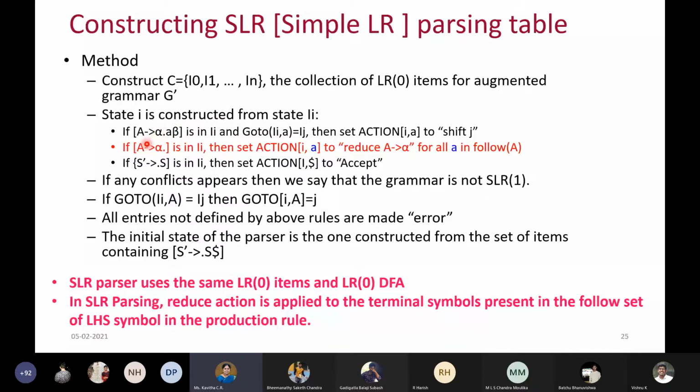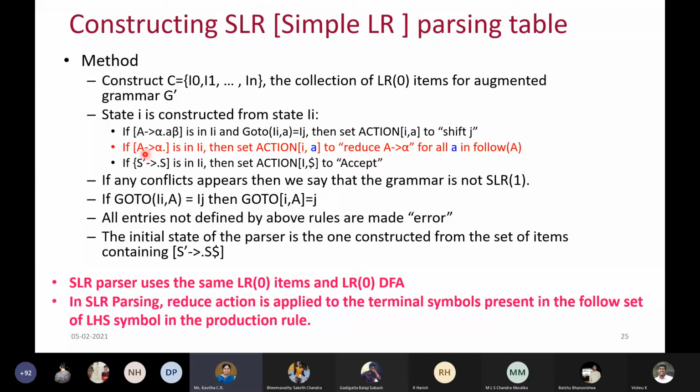Similarly, for the reduce action, the entire RHS of some production rule should have been processed, and the dot would appear in the rightmost position of the RHS. It means that all the symbols in alpha would have already been processed.